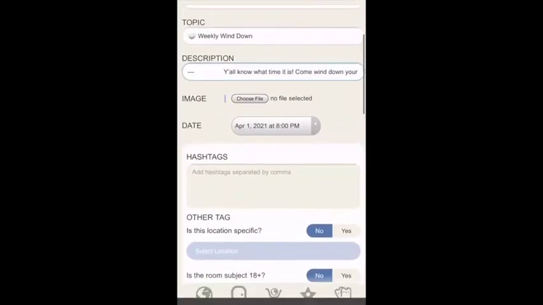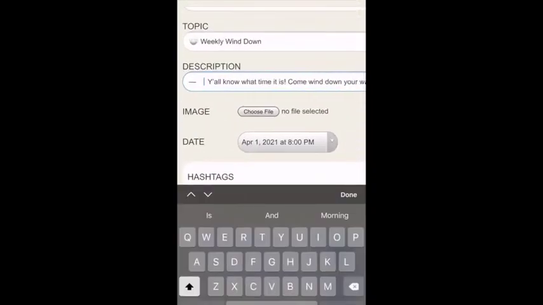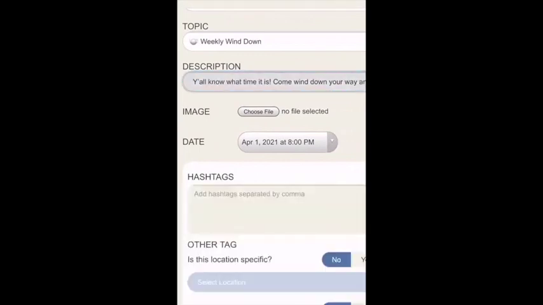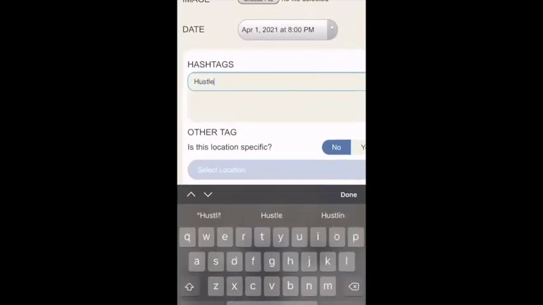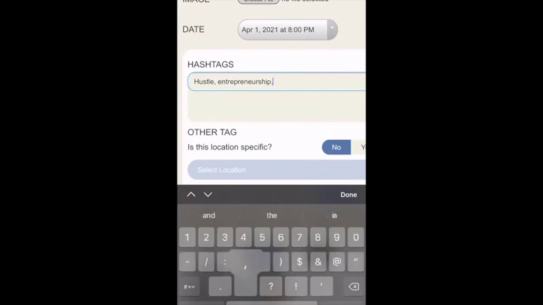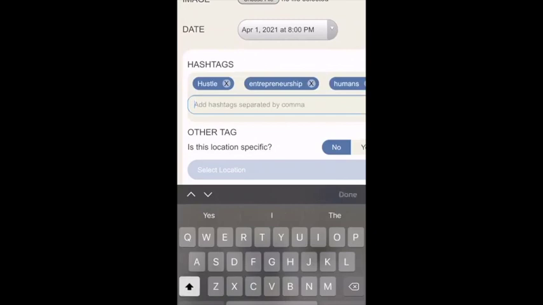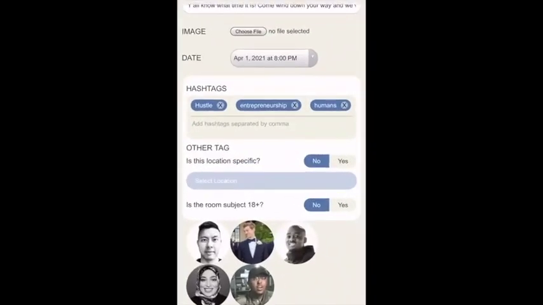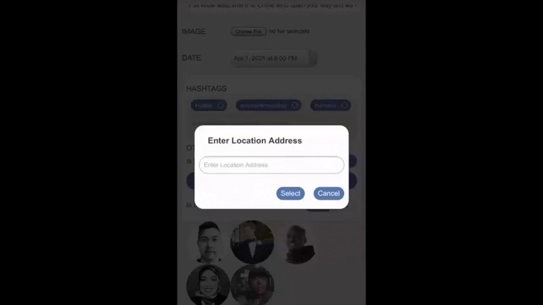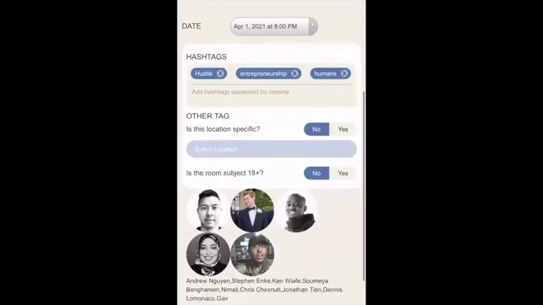and are able to create this particular event right here on Clubhouse. You can edit it. You can make it read better. You can talk about whatever this is about. It's about entrepreneurship, and human beings and so on. And so you can do that. You can kind of help people find it. Perhaps there's an actual location that this event is going on, so you can actually make this location aware, and so on. And then that's it.